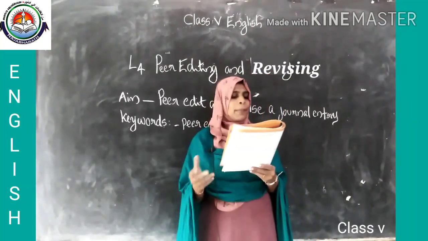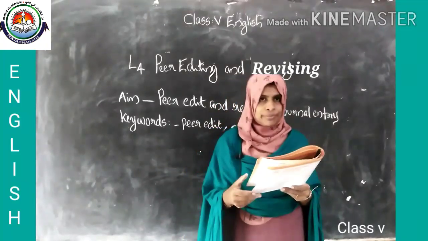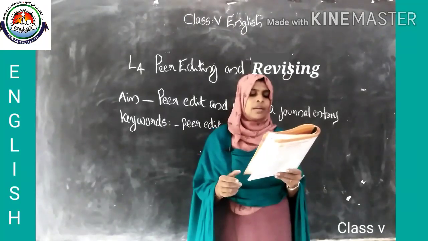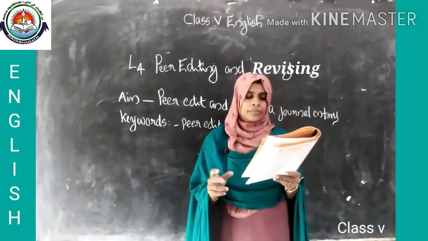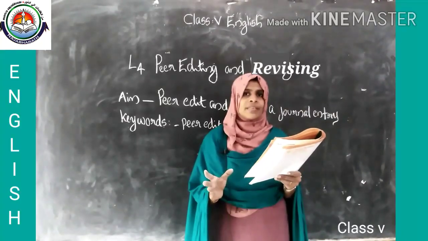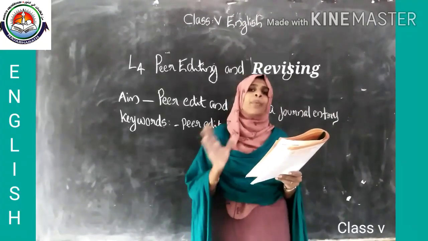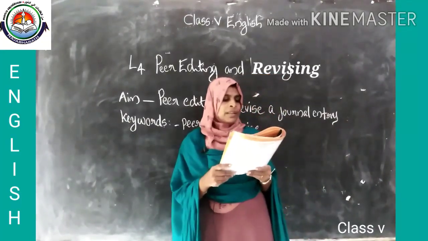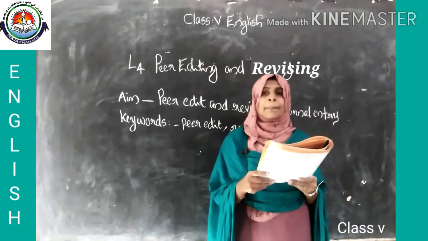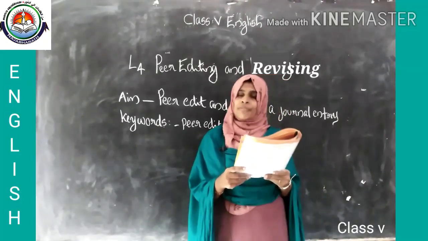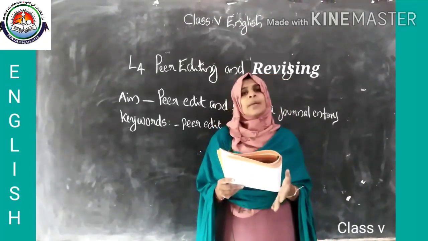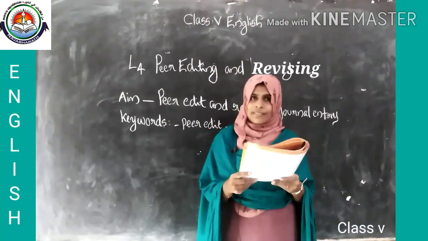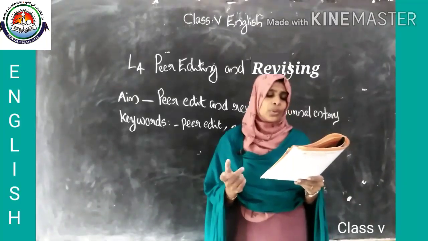So, does it have a paragraph about the person's life? If it is yes, put a tick. If it is no, you can do that there. Topic sentence, then the supporting evidence. The evidence that is supporting the topic sentence, you have to write there. Does it have a paragraph about an important trait of the person? We know that the third paragraph includes the trait of the person. So, if it is yes, you have to put a tick there. If it is no, you can do that there.